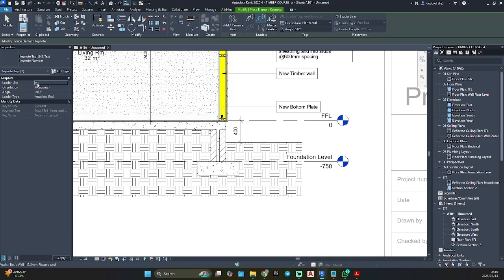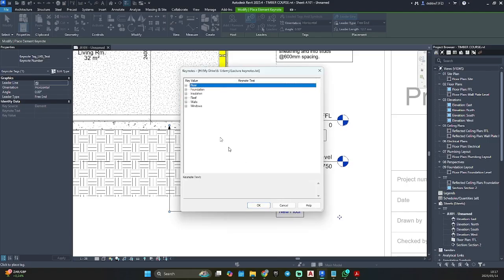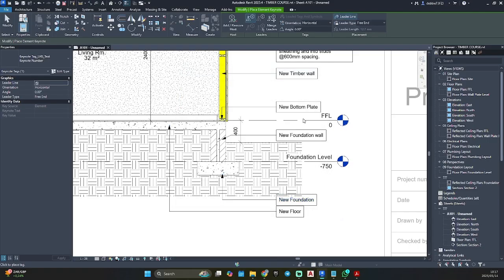Okay, why is this disappearing the whole time? Foundation wall, new floor. That is our foundation.